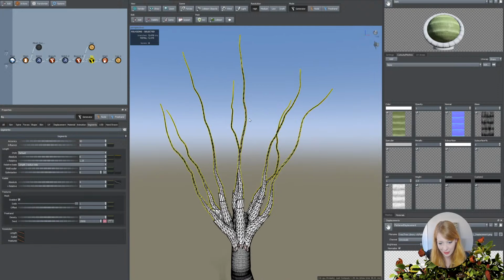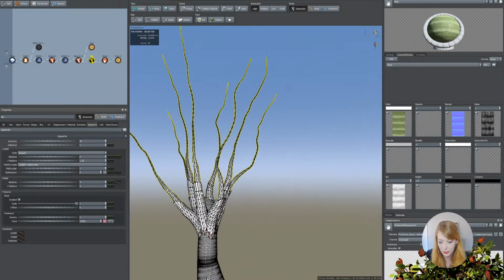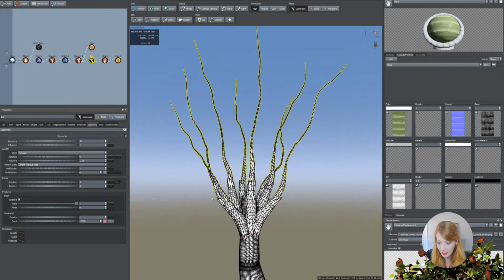I would recommend cutting things as you go, or you can just build the tree out and go through and optimize it at the end. But if you do it while you go, you won't forget anything. While we're in